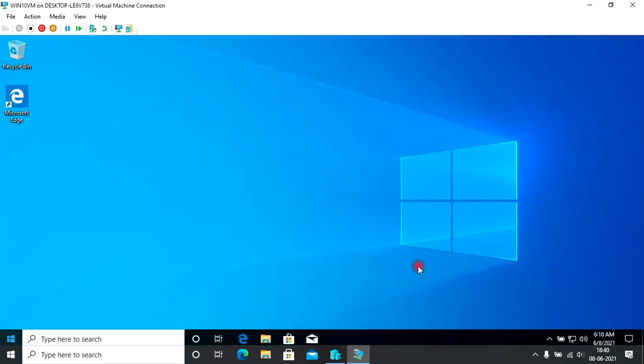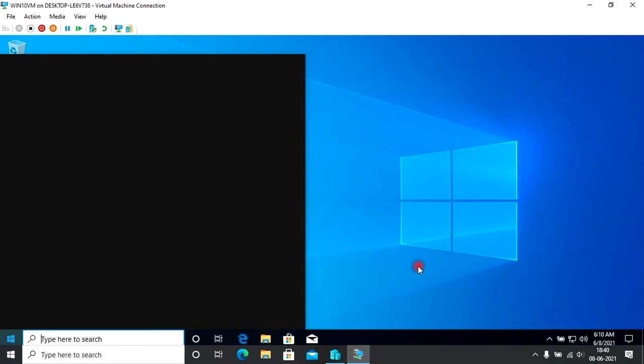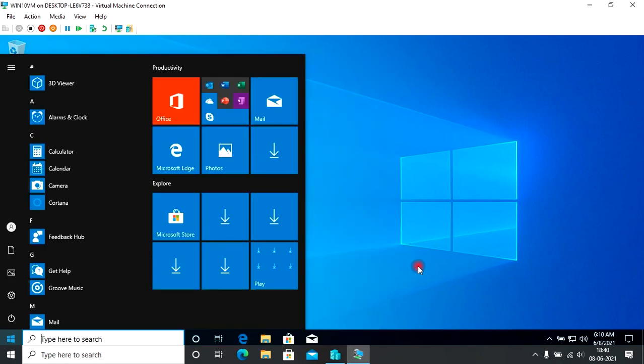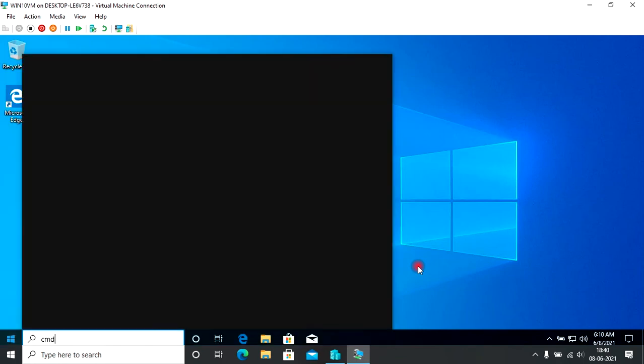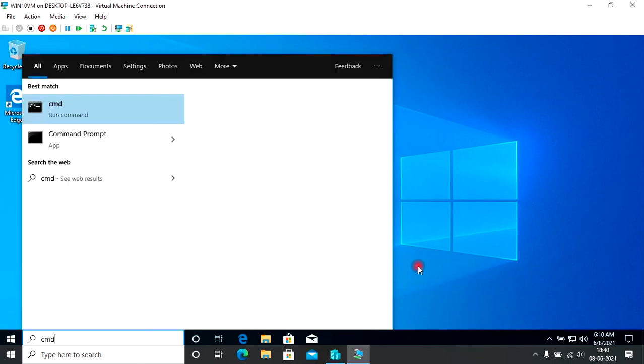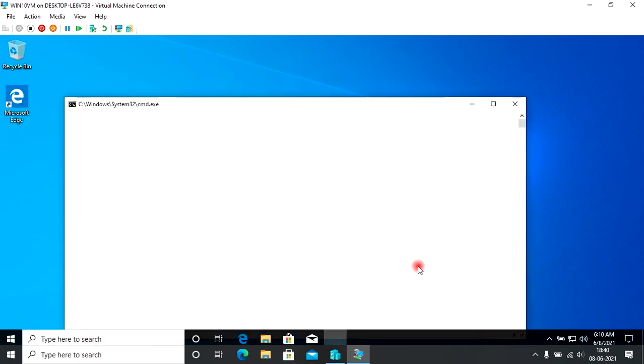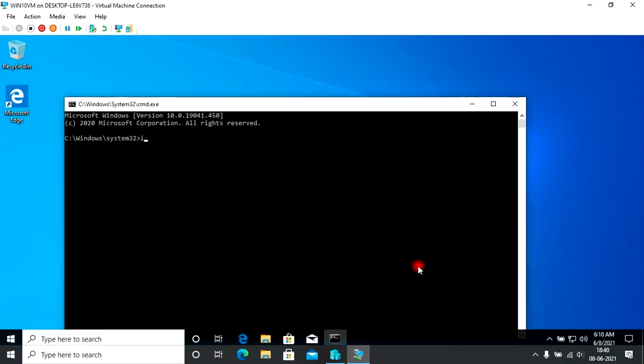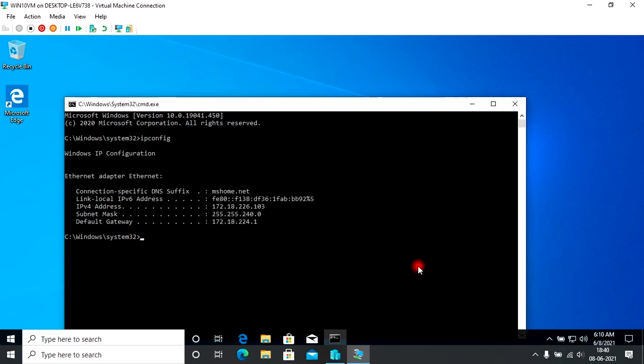I will go to start, CMD, ipconfig. This is the local IP address of my newly created Windows 10 virtual machine.